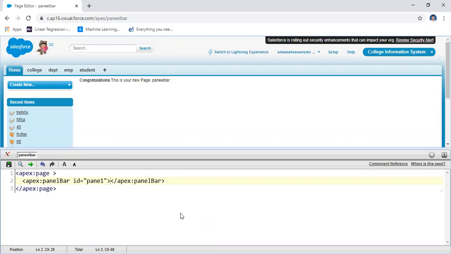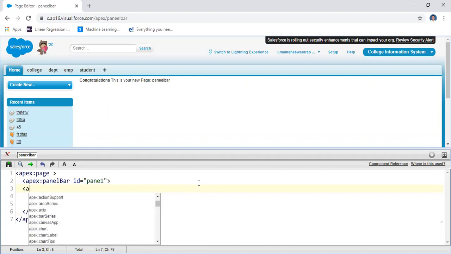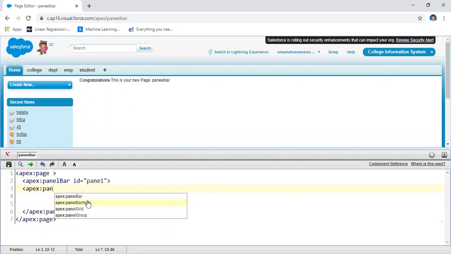In between these two tags, between panel bar and end panel bar tags, you will write the panel bar item. How can you write the panel bar item? Apex:apex:panelBarItem.